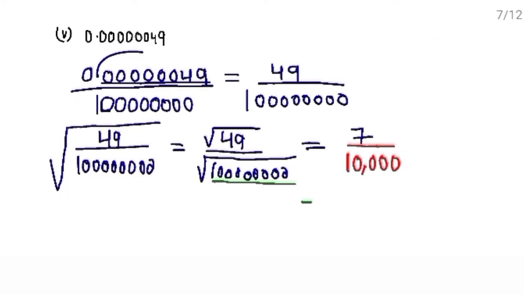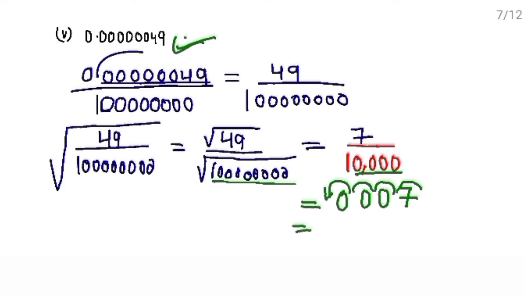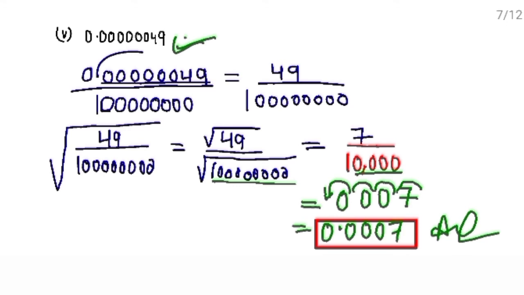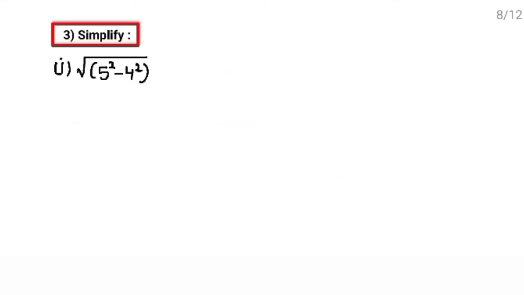Simple. Now as I said, always try to write your answer in the form in which the question is given. The question is given as a decimal number, so write your answer as a decimal number. How many zeros do you have in the denominator? 1 2 3 4. So put the decimal before 4 digits. 1 2 3 4. You will put the decimal here, so it will become 0.0007, and before the decimal you can also put 0. So this is your answer, 0.0007.